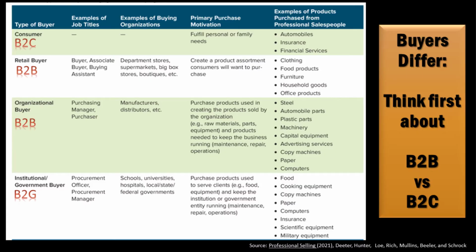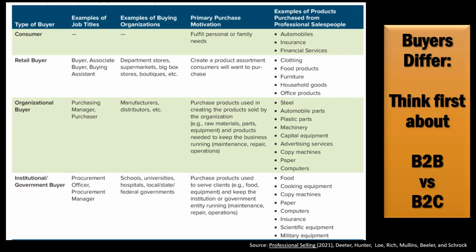Okay, so organizational buyers. Some people might call these industrial buyers. Industrial buyers might buy auto parts or machinery or computers, those kinds of things, right? Industrial buyers, in the sense that they'll buy a product that they then use in the manufacturing of another product. So you might think of those as industrial buyers. This is referring to them as organizational buyers. An organization is just a group of people. So all these different groups are really retailers, or retail buyers, or organizations, and governments are organizations. So you could think about this one as being more what a lot of people refer to as industrial buyers.